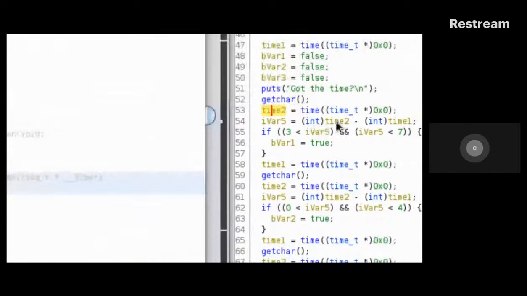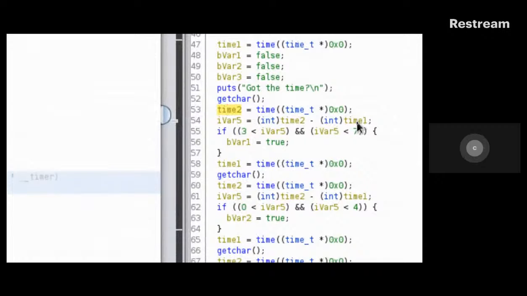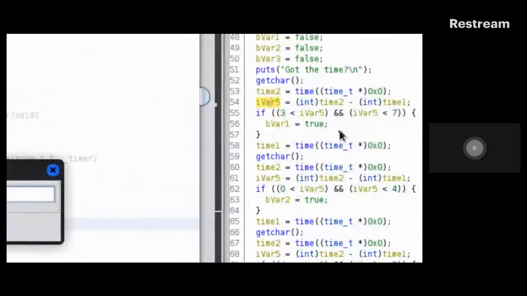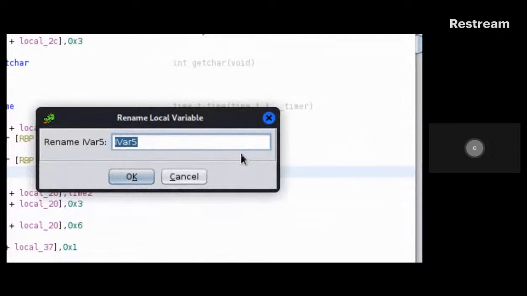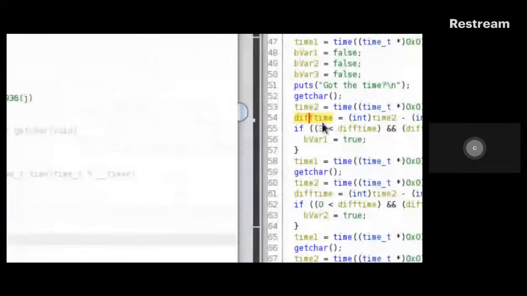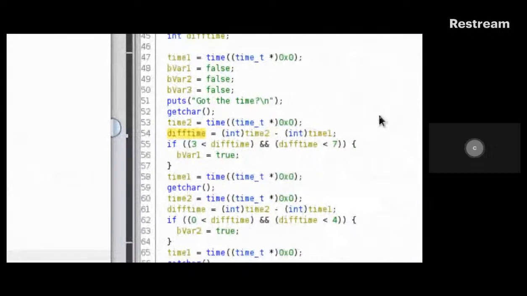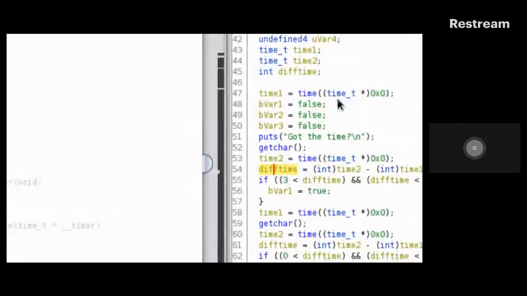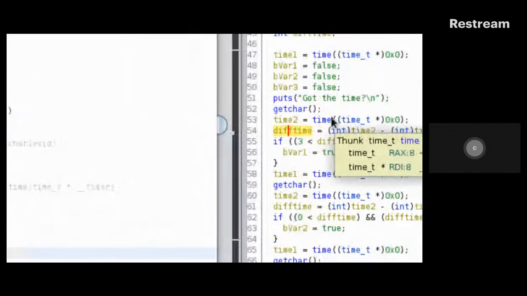Okay, and then it's taking the difference between time 1 and time 2, and it's putting it in here. Oh, I remember this one. Yeah, so I'm going to rename that to div time. Cool. So it's getting the difference in time between when it first grabbed it and then after the get char,